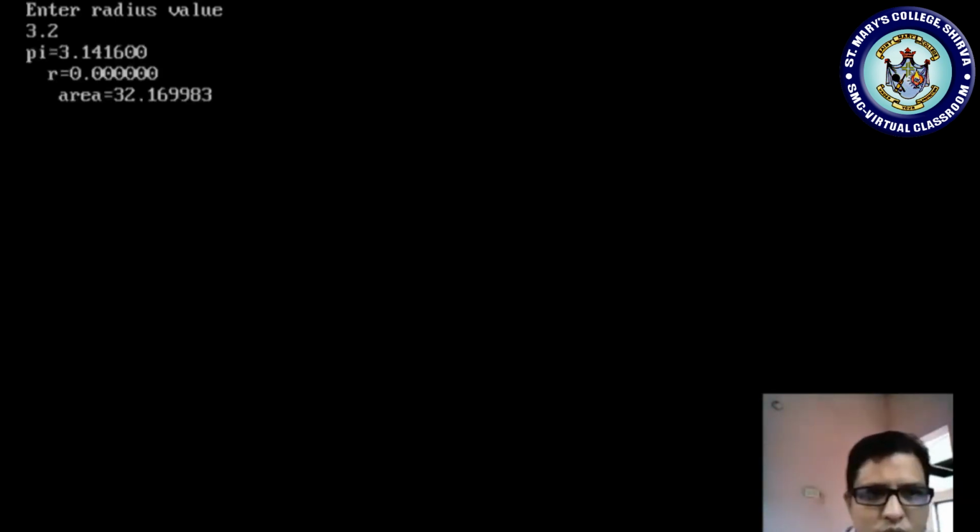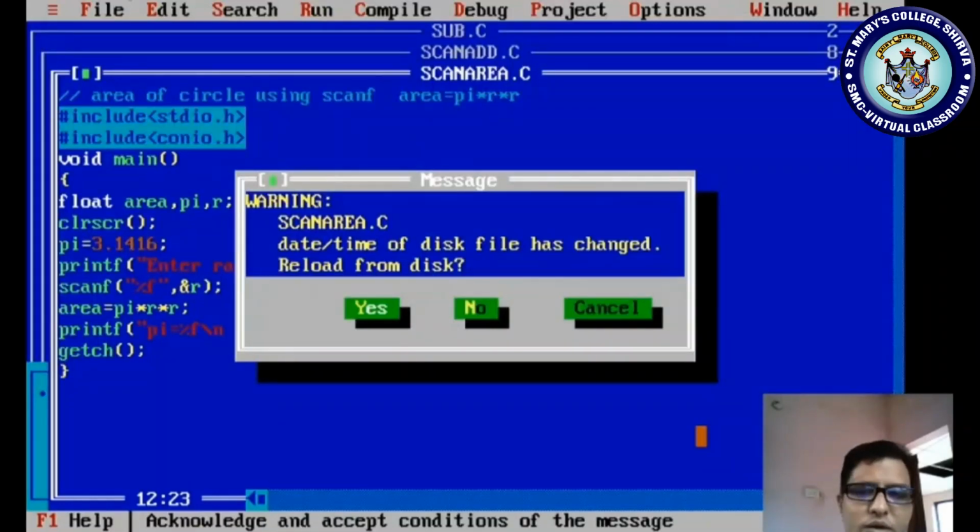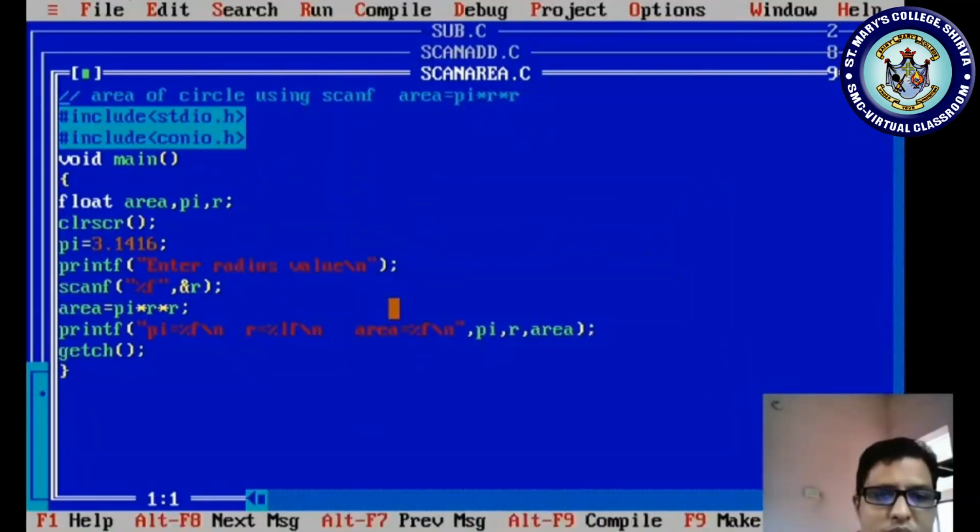It is also showing 0 only. It is not showing radius. Okay, some mistake is there in your compiler. Compiler's mistake, not our program mistake. But here it is processed properly and area we got properly.